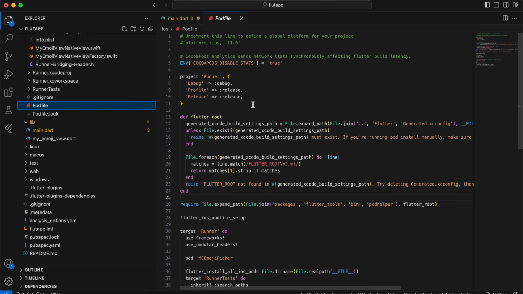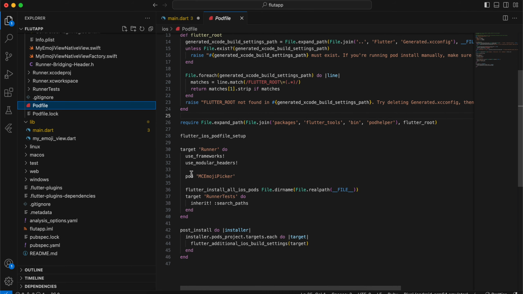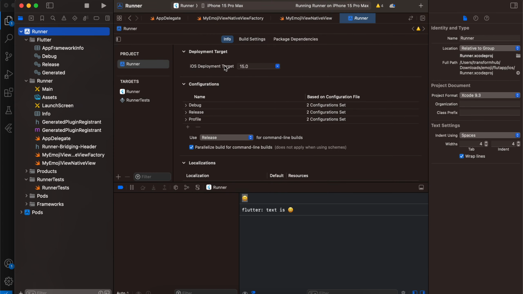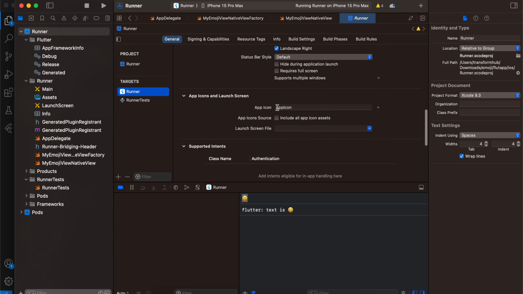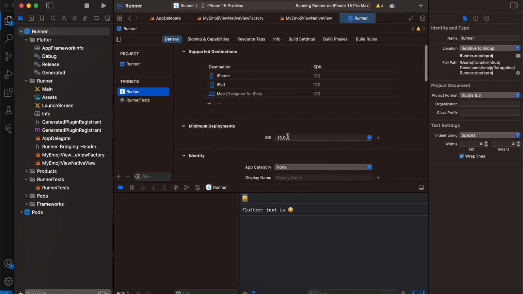Next, go inside the pod file, and the first thing you will have to do is add this dependency over here, pod MC emoji picker. Also you will have to go to your project over here and make sure the iOS deployment target is at least 14 or 13. I have kept it as 15, and over here as well you will have to keep it as 15. Okay,